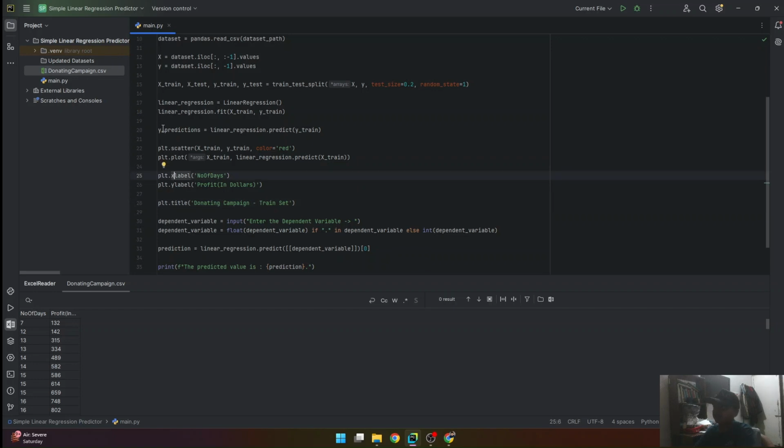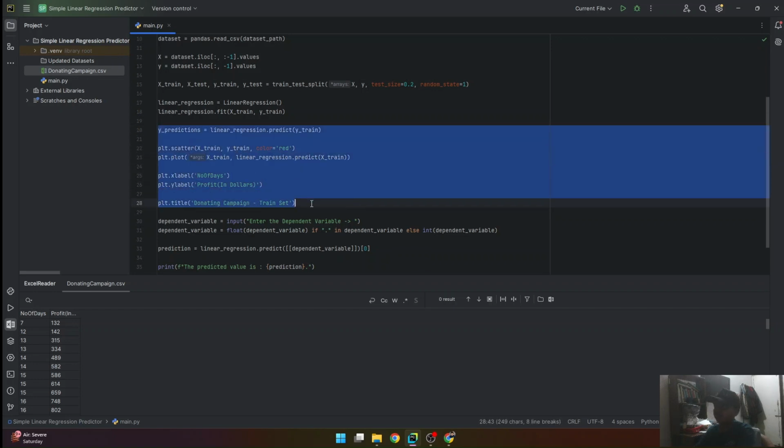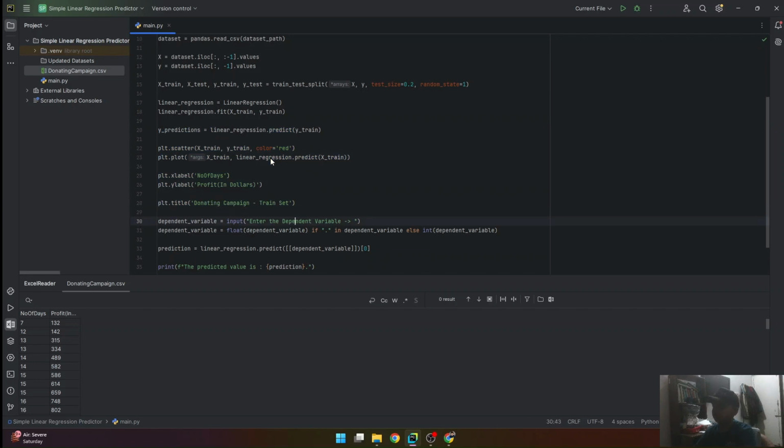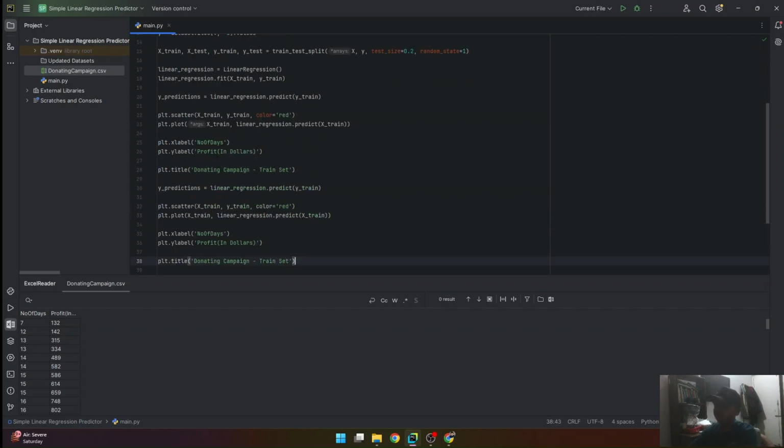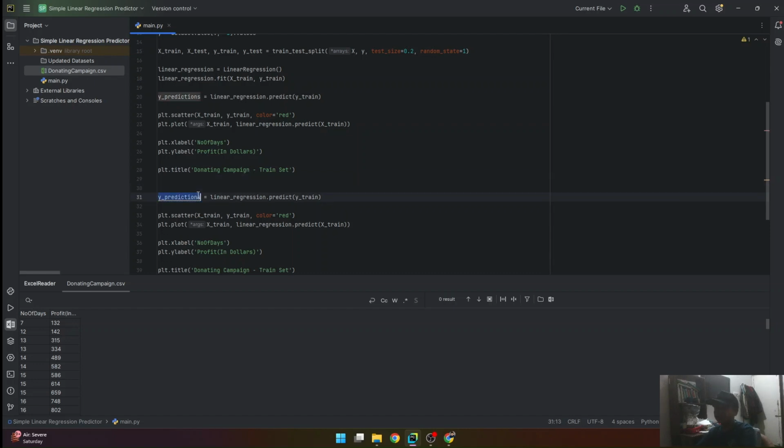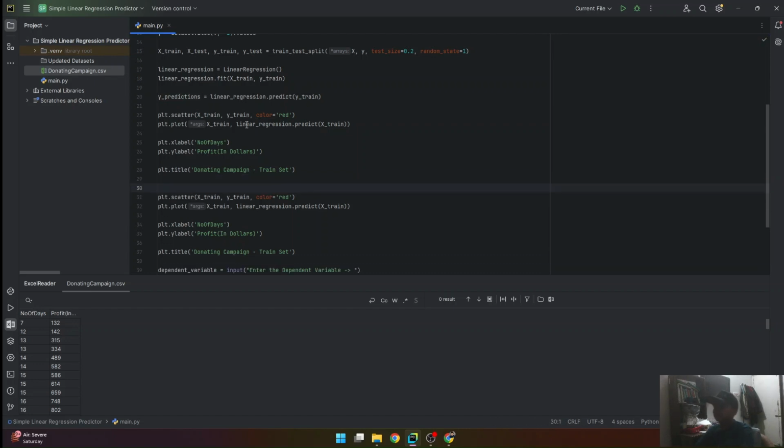We're going to copy and paste this whole thing once again with a few changes, because this time we'll be showing the predictions of the test set, which will be not known to the model. It's new to it. So we're going to change this to X_test, y_test.